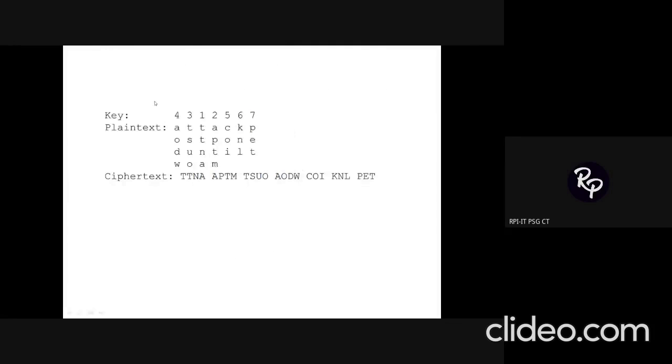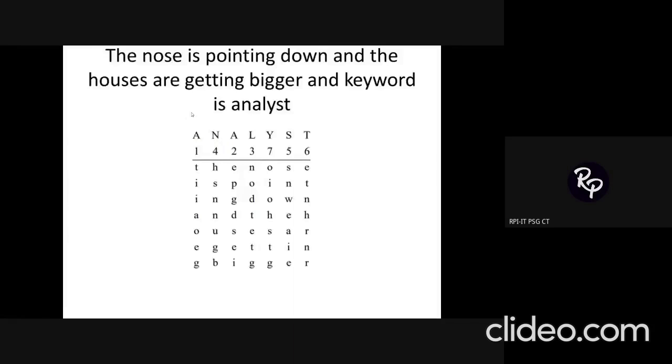So in the previous example, I started with number 1, then I followed the second column, and then I followed a column which had the number 3, and I proceeded. So here what you will be doing is sorting the characters of the keyword based on alphabetical order. So A comes first, so A will have the number 1. One more A I am going to have, so that will get the number 2. So your numbering will be from left to right if the same characters are repeated in a keyword.